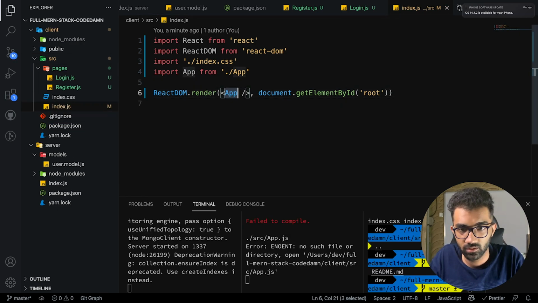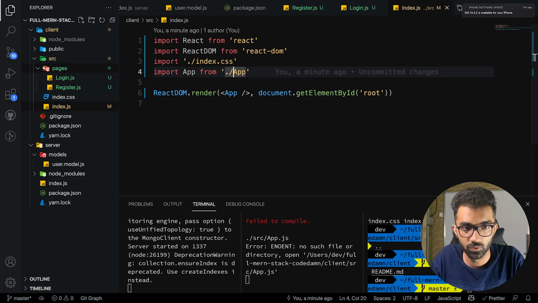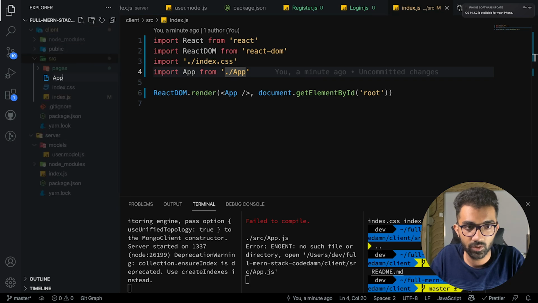It looks a bit cleaner. Now you can see we have an app which is being imported from the wrong place. So what I'm going to do is create an app component,